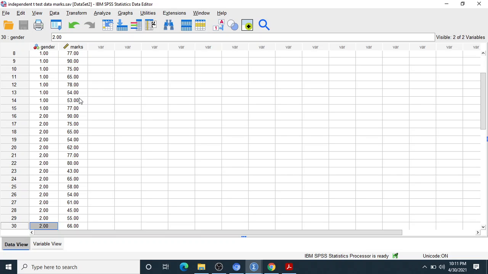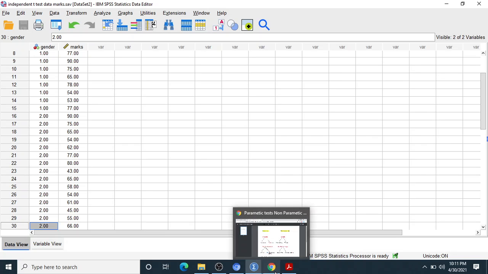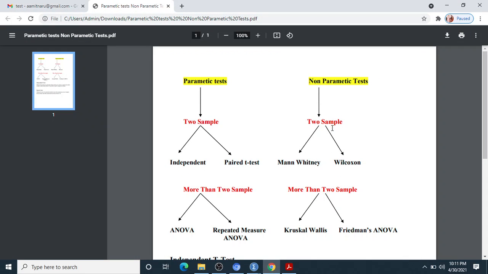If the homogeneity factor is there and normality is there, then we use the independent t-test. In case there is no homogeneity or there is no normality in the data, then we go for the test similar to this independent test, the Mann-Whitney test.